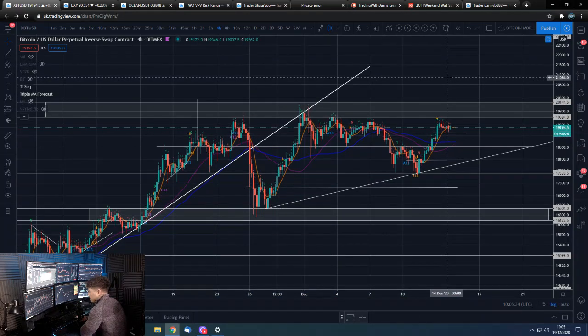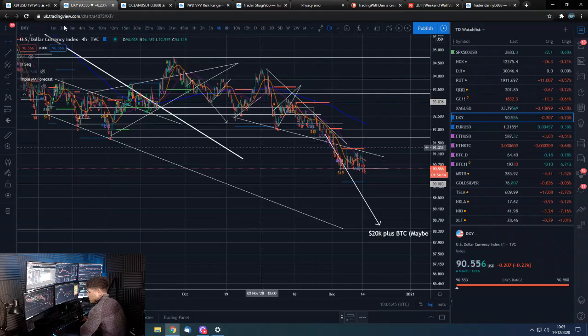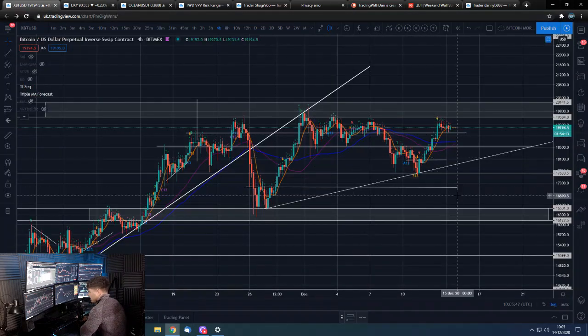So I'm guessing we will probably get some sort of a resolution to this bull flag once the US wakes up and starts trading. So deciding what they want to do with the dollar, deciding what they want to do with stocks, I think we'll get a bit of a decision. Also deciding if they want to close that CME gap,